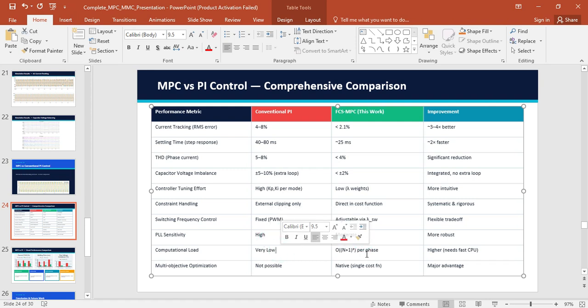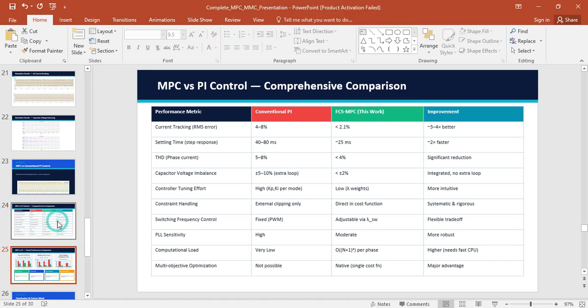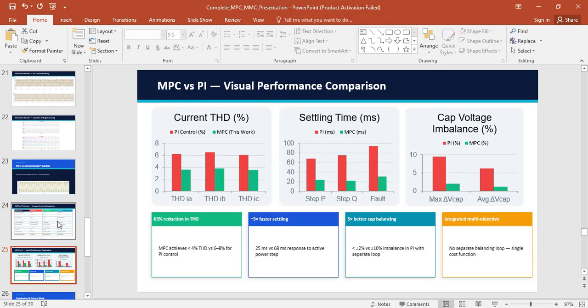Computational load is very low, and this is the computational load, right? Multi-objective optimization is not possible in the case of conventional, and we have a native single cost. So yeah, in terms of THD, settling time and capacitor voltage balancing, MPC is significantly better than the PI,